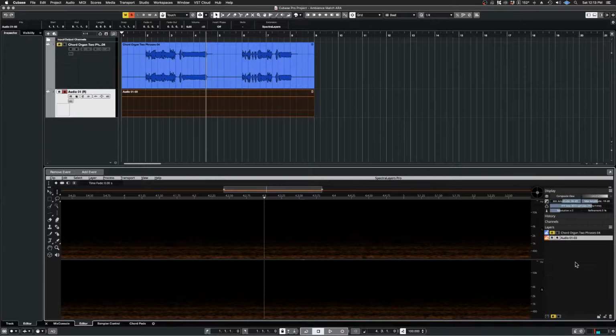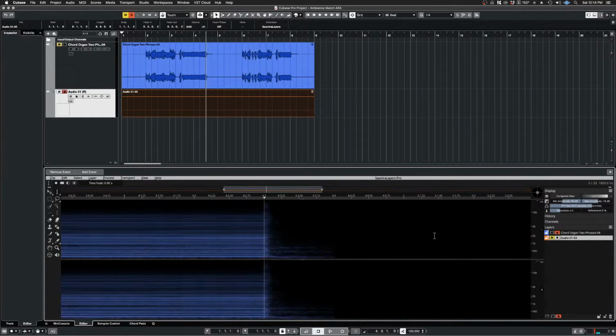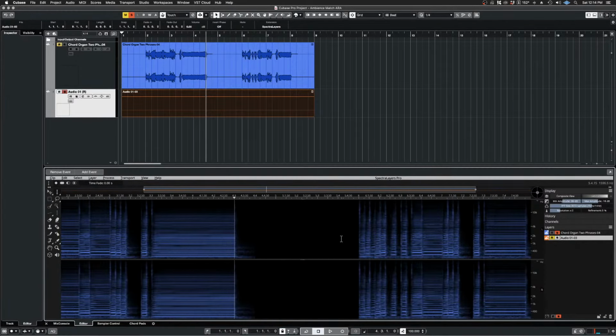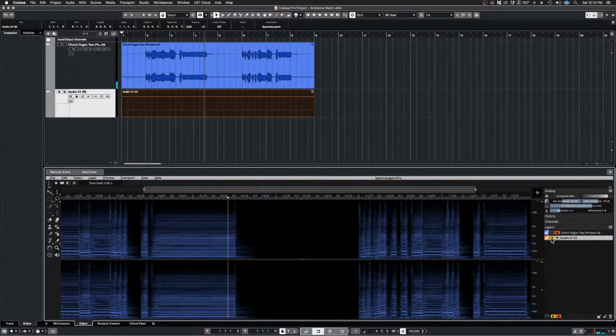Okay, now getting into the details here, these are some pretty fine details. But now if I go back to the original chord organ sound and extend out, and I'm going to solo that. Actually here, now we're all set. So the chord organ sound still has the sound of the fade in there that's built into the sample. And when you combine that with the ambience match,